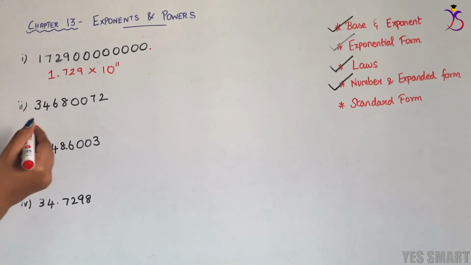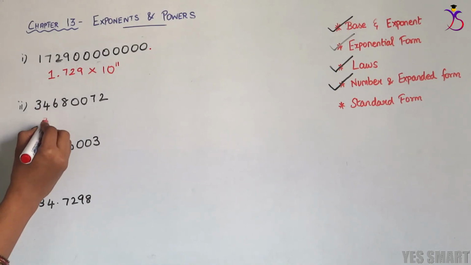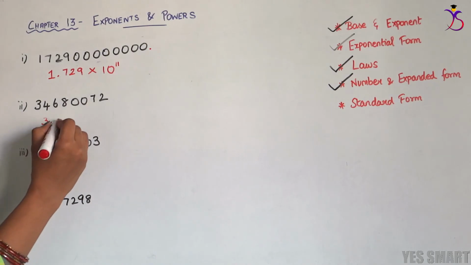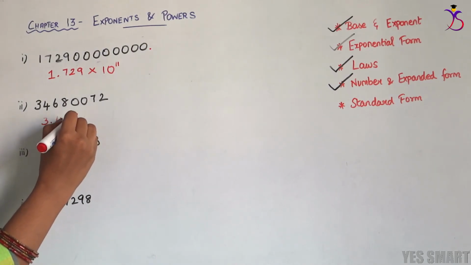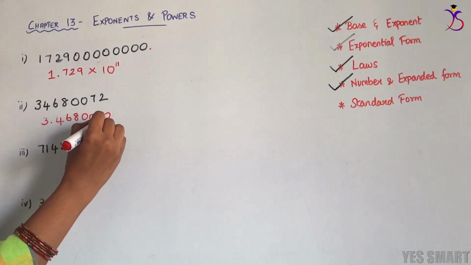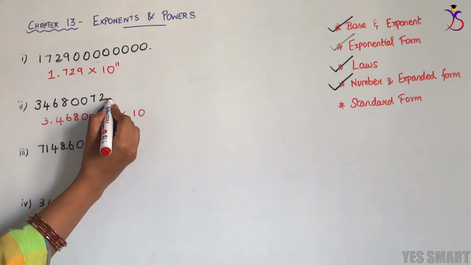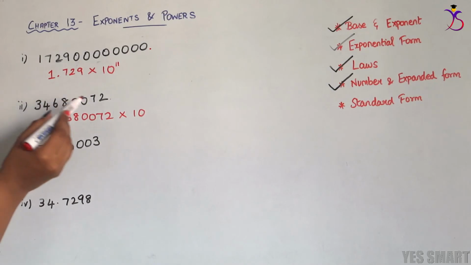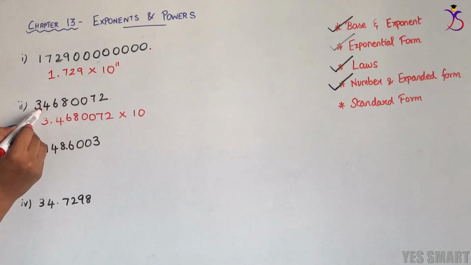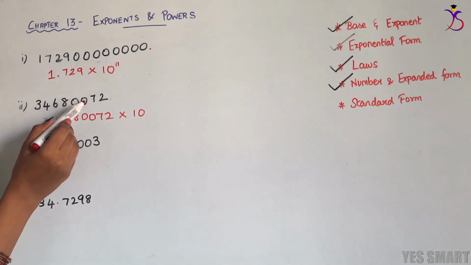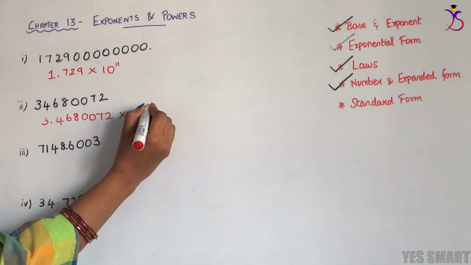Moving on to the next example. This is also a complete whole number. We don't have any decimal part. So let's introduce the decimal point. 3 point. The remaining digits we can write as they are, times 10 to the power. We have to write the power. The decimal dot is at the end. It is brought between 3 and 4. So 1, 2, 3, 4, 5, 6, 7. Therefore 10 to the power of 7.